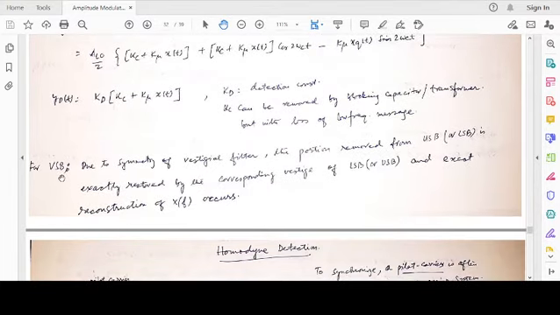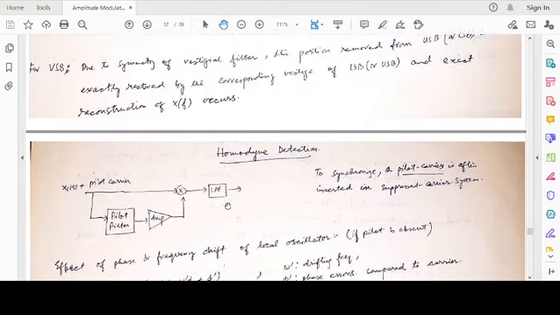For vestigial sideband, due to the symmetry of the vestigial filter, we remember we discussed two cases. One is if you could actually implement the proper vestigial filter, then in the receiver it becomes pretty easy. If you could not, then you need an equalizer filter. So if you consider the first case, due to the symmetry of the vestigial filter, the portion removed from the upper sideband or lower sideband is exactly restored with the corresponding vestige of the lower sideband or upper sideband, and exact reconstruction of X(f) occurs. This we illustrated using the pictorial perspective.